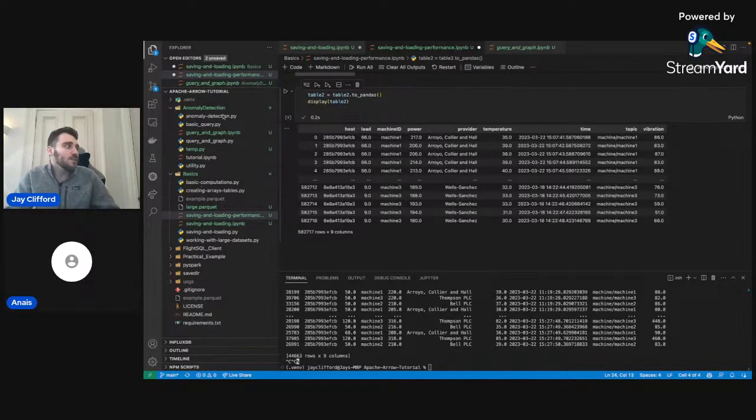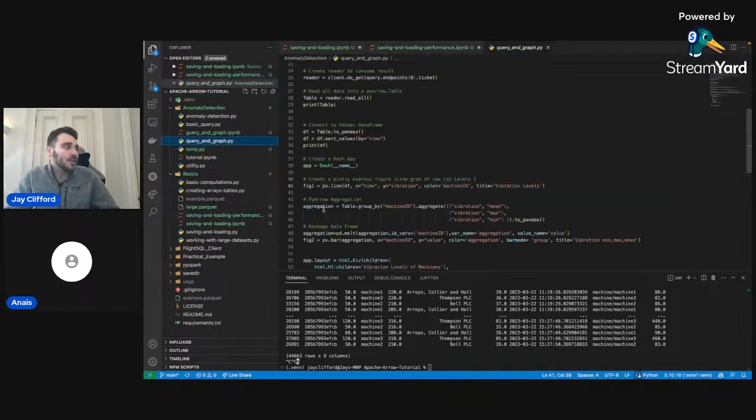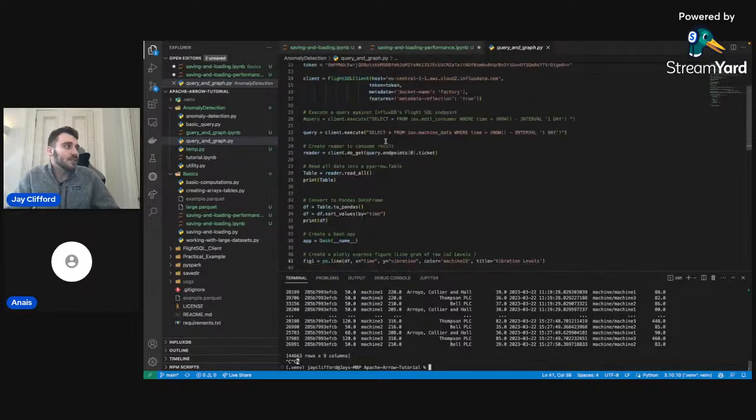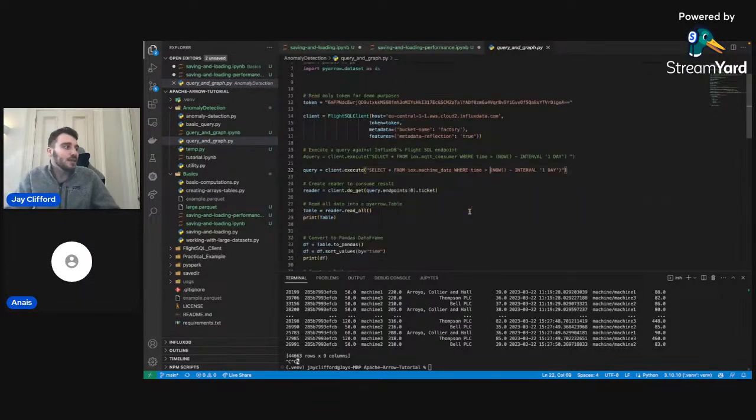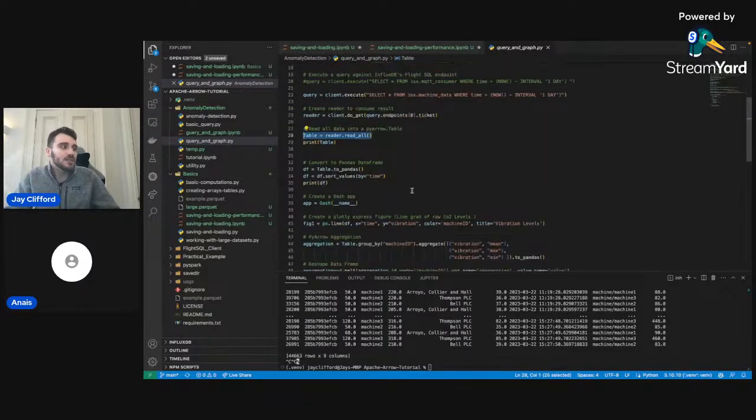Well, if we jump into this example called query and graph, essentially what we're doing is using Plotly to visualize the same data. As you can see, it's a similar example. We're querying InfluxDB with the new Flight SQL client library. We're running a SQL query for all columns, in this case just taking from now minus that one day. We're then reading all that data in as a pandas table,